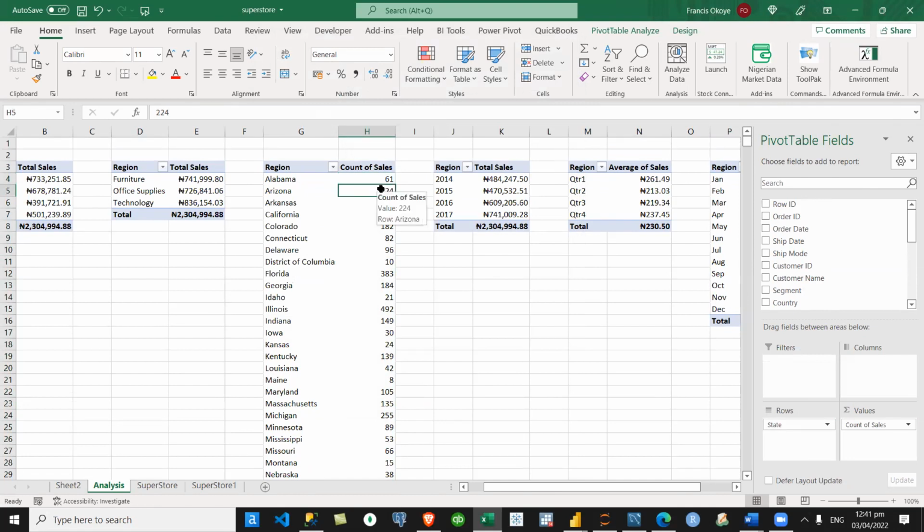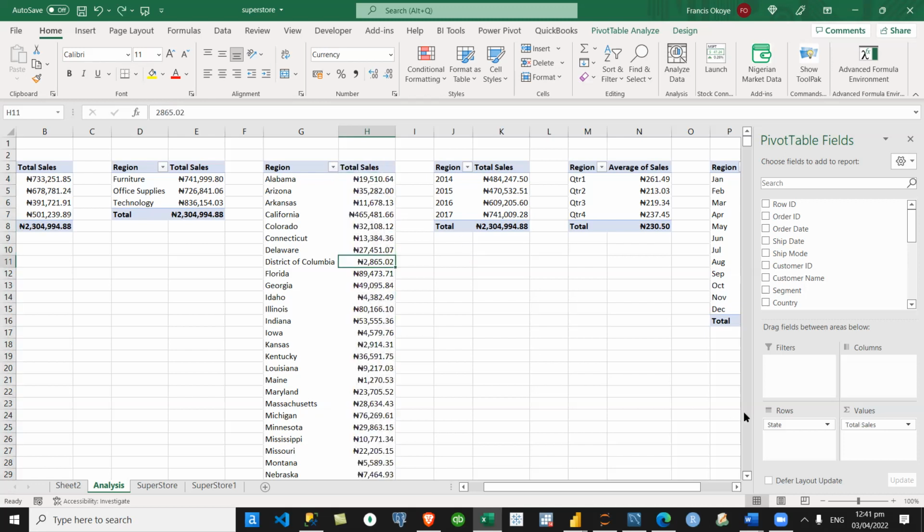Arizona, you see that? But remember, it's for the whole period from 2014 to 2017. That's what is adding up for you. So it's counting all the transactions you have done to date. Okay, so you can switch that at that point.